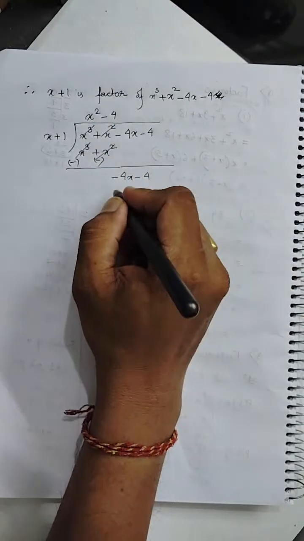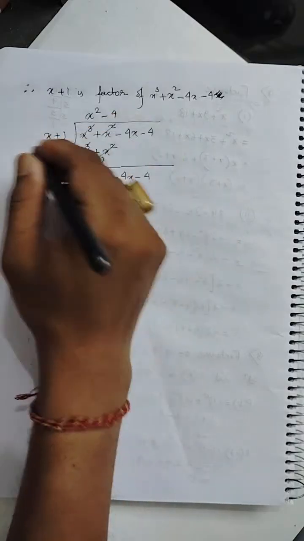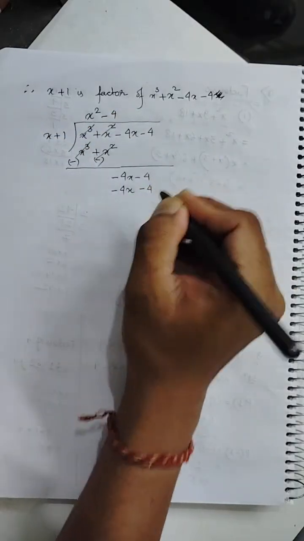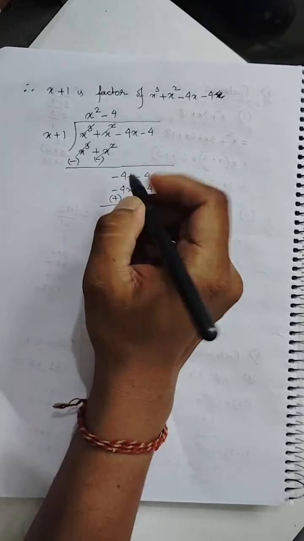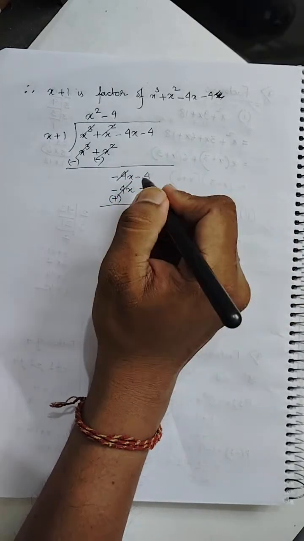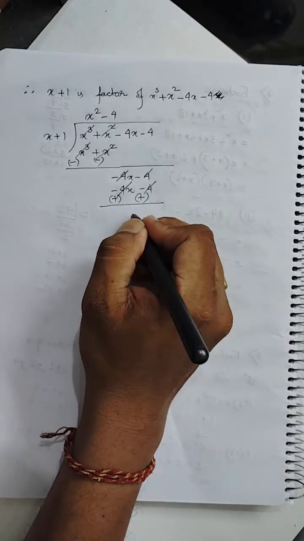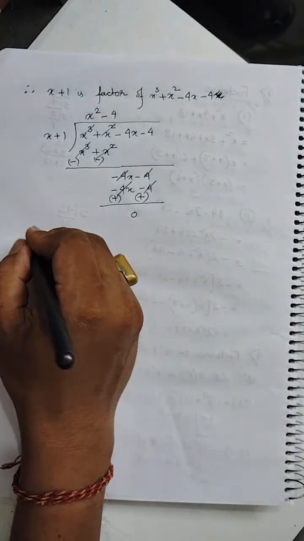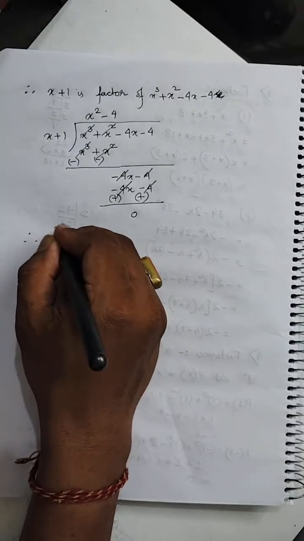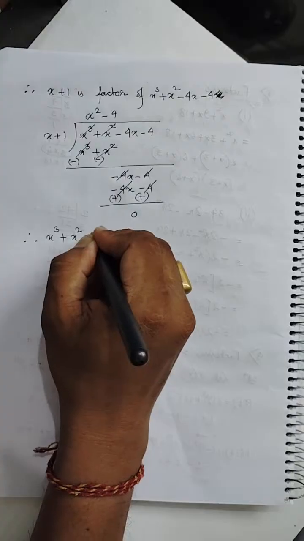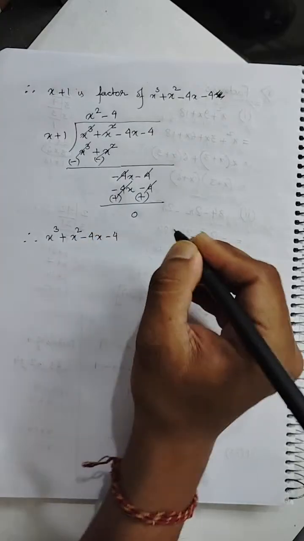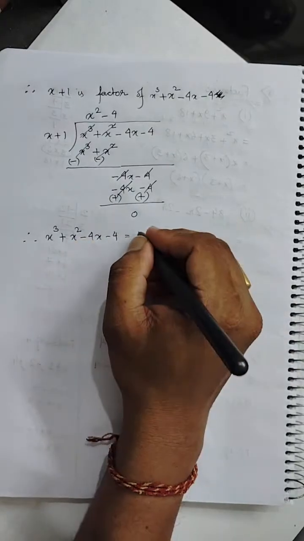Minus 4 into x is minus 4x and minus 4 into 1 is minus 4, sign change, and minus 4x plus 4x gets cancelled, minus 4 and plus 4 gets cancelled, 0. So therefore we can write x cube plus x square minus 4x minus 4 is equal to x plus 1